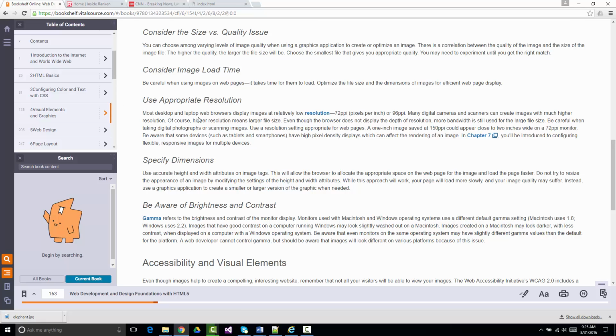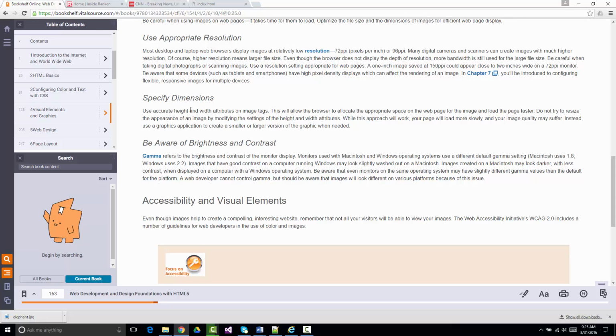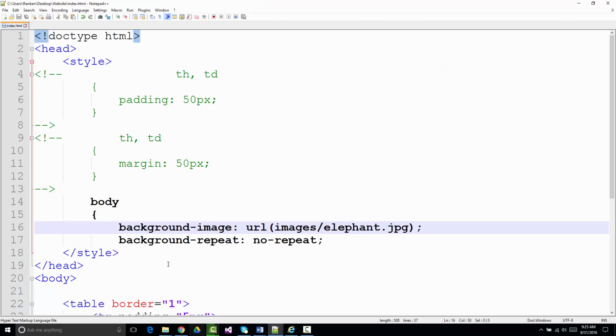So consider the load time. Use the appropriate resolution. You might have to cut the resolution down so that it loads faster. I already showed you about specifying the height and the width. In fact, I didn't. So what I should have done earlier when we did that car one, back a long time ago,